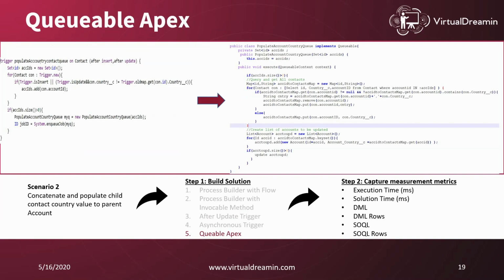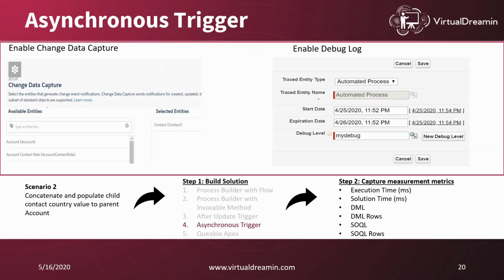Queueable Apex, the major difference compared to the trigger solution, is that a queueable Apex operation always executes asynchronously. That is, your current transaction is not affected by the actual record save or record update on the account object. Now, I will take some time to explain the asynchronous trigger option. I think this is a Spring 19 feature and some of you might have already used this option.